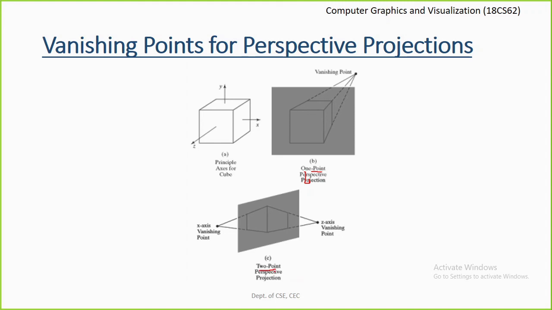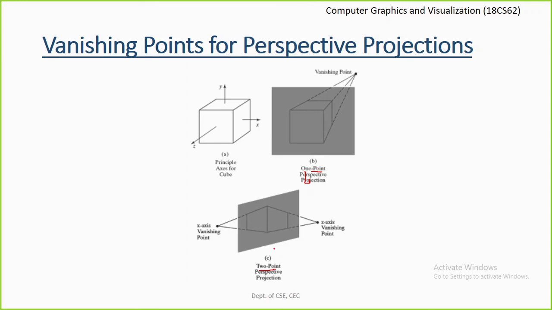Have you come across these kinds of cubes anywhere? Have you implemented this? If you remember, this is how we got the projections of the cube in experiment number 4 in the computer graphics lab. So this is how we viewed the cube. We got different dimensions for the different sides of a cube, based upon the perspective that we have selected. So a cube like this will appear in this fashion if the vanishing point is along the z-axis, that is a 1 point perspective. And if you consider 2 point perspective, taking into account a vanishing point along the x-axis and one more vanishing point along the y-axis, this is the view of a cube that we are going to get.